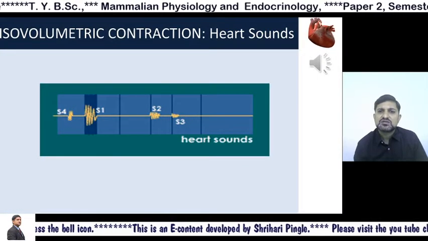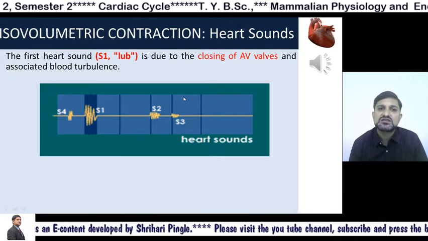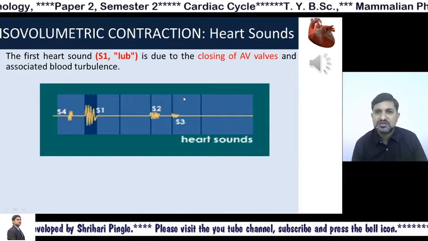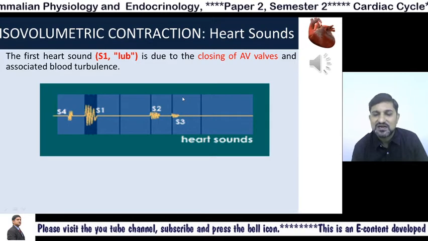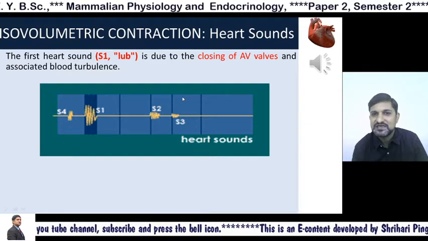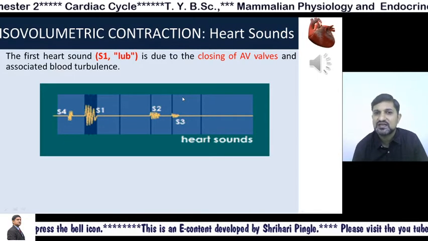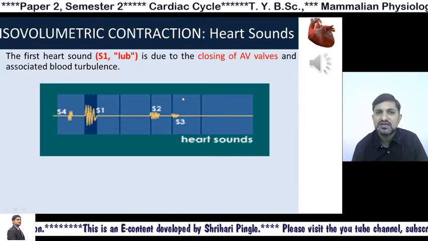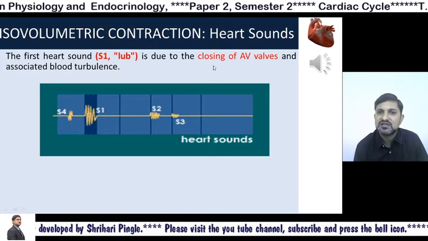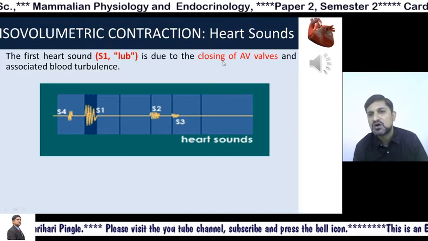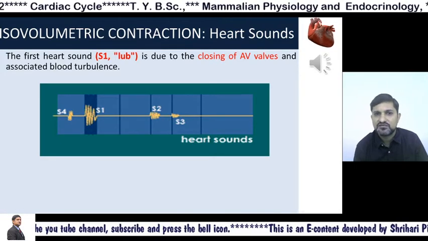Now, talking about the heart sounds here, there comes the first normal heart sound, which we call as lub. So you can now hear, yeah, these are the heartbeats. So the heartbeat actually comprises two different sounds, the S1 and the S2. The S1 is called lub, and this sound that we hear in the heart is because of the closure of the auriculoventricular valve or atrioventricular valve.